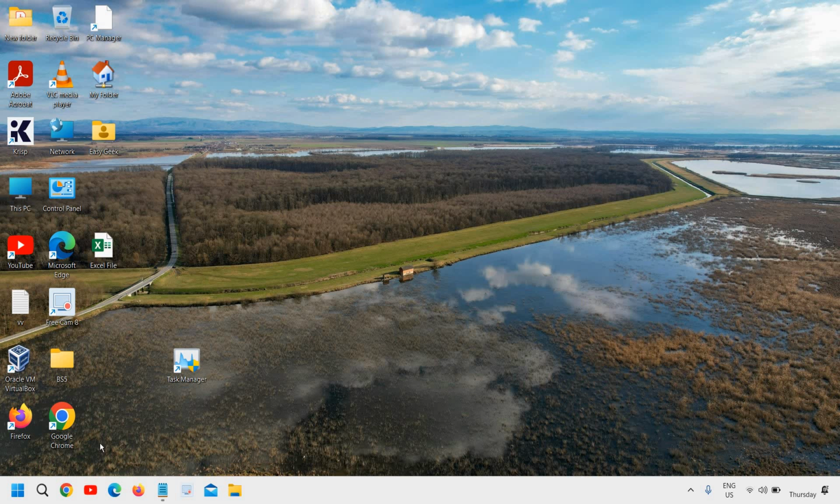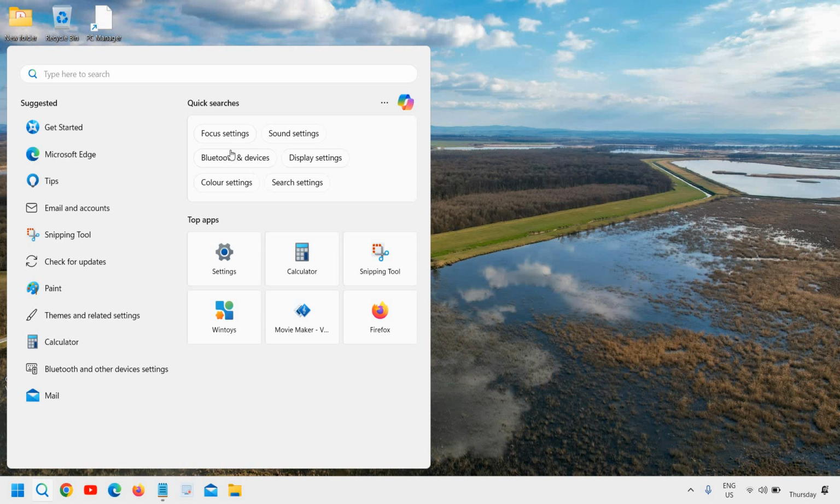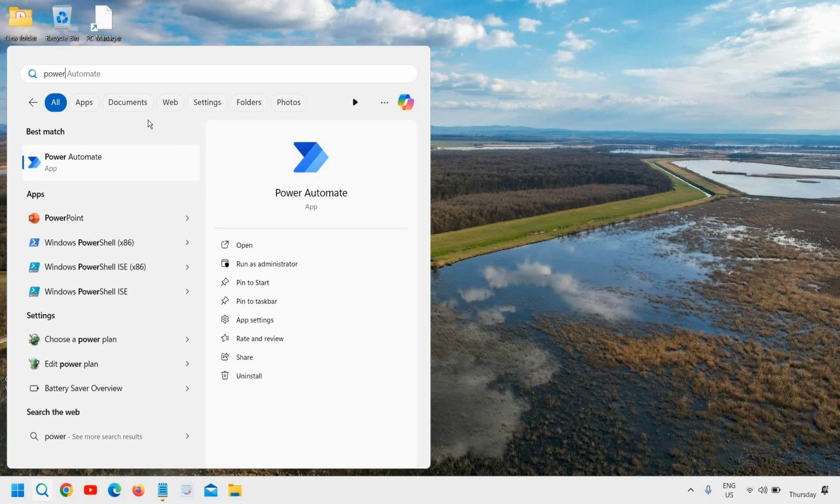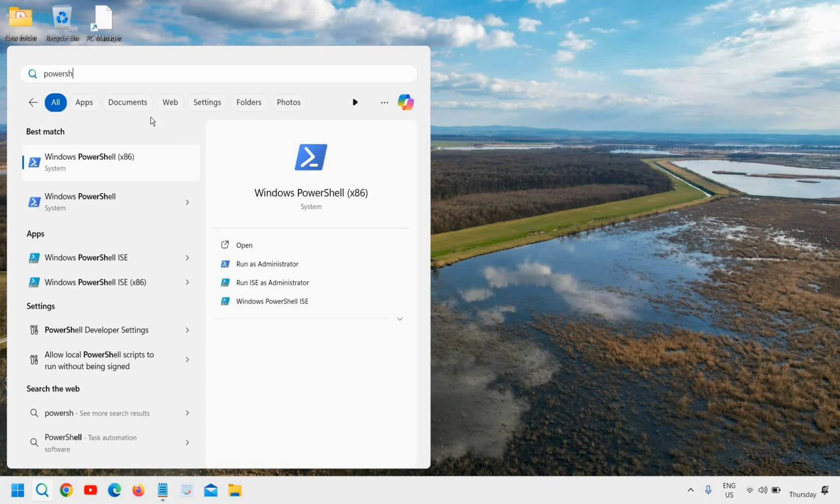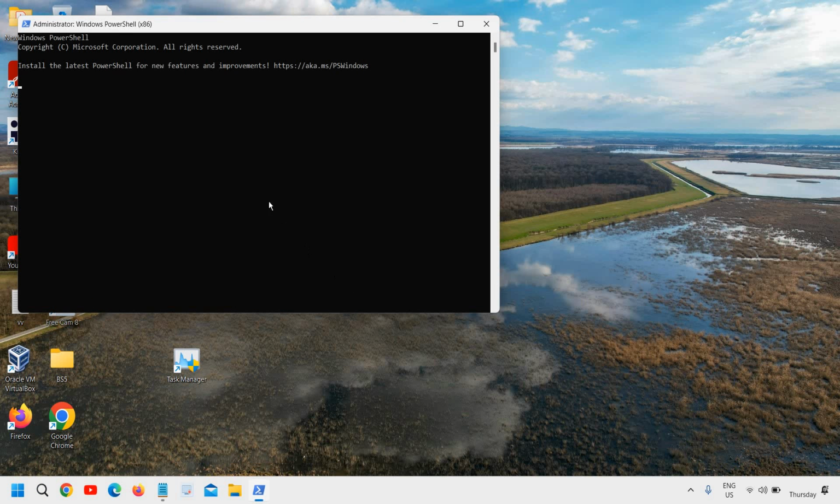So what you can do is click on the search icon. After the restart, you see if it's not there. What you can do is type PowerShell, and you will find Windows PowerShell x86. So here you need to click on Run as administrator and then click on Yes,